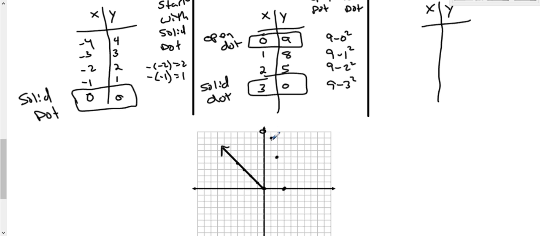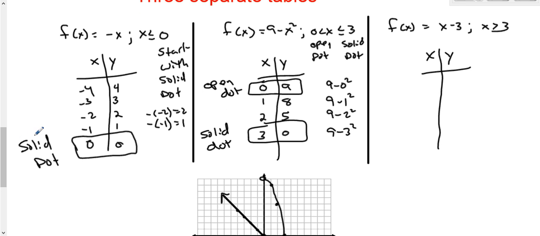Now remember, I'm only going to stop there. There's no arrows on this one because I have a defined beginning point and a defined ending point. So no arrows on this part of the graph. And that's that part of the graph. And then here,